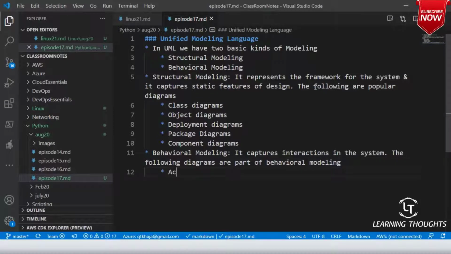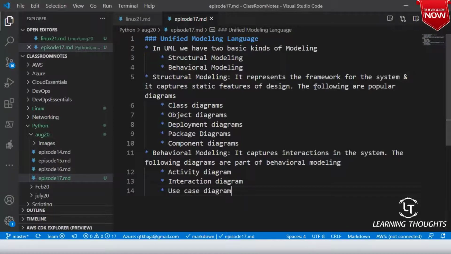The first one is activity diagram, then there is interaction diagram, and then there is use case diagram. Am I clear on this? Static features of the application and interaction of the application, these are the basic things.